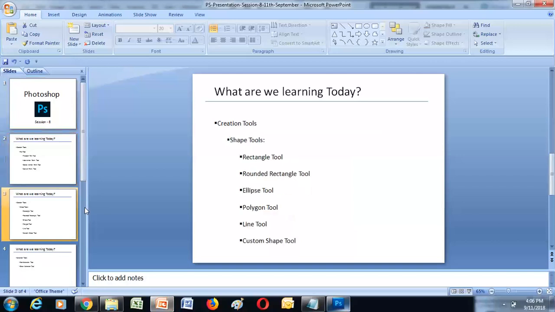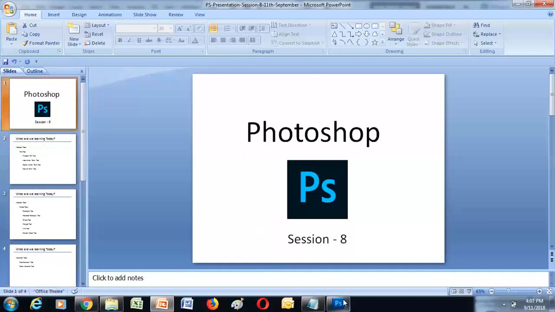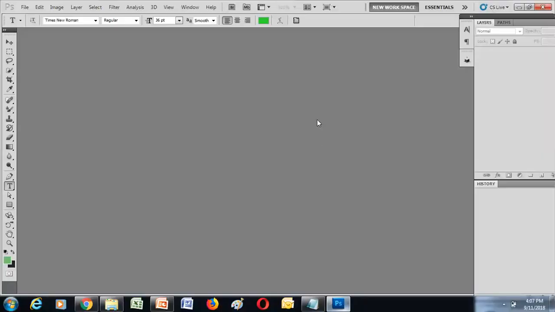Then we'll move on to the shape tools, another tool of Photoshop, and we have more options under the shape tool, starting with the rectangle tool and ending with the custom shape tool. These are all the options. We'll try to understand the basics of it. We'll then move to the selection tools: one is the path selection tool and one is the direct selection tool. Let me quickly open Photoshop for you all. Here we go. We'll start off with